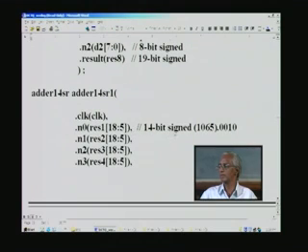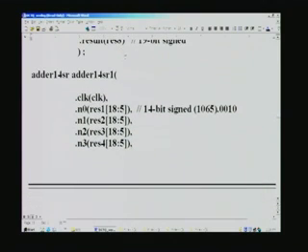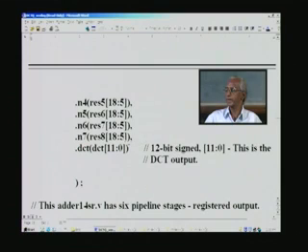So, here you are dropping nearly 5 bits, and as an example the decimal point is here once again, and we add all the result 1 through result 8 here, and finally get a DCT. When you add this, you would notice that it is 18 through 0, we have dropped some bits here, and in spite of all that, this is 14 bits, and actually it will shoot up by 3 more bits because the adder has 3 stages of addition inside the pipeline, and therefore it will create 17 bits totally. This is 13, 14, and that will be 3 more bits.